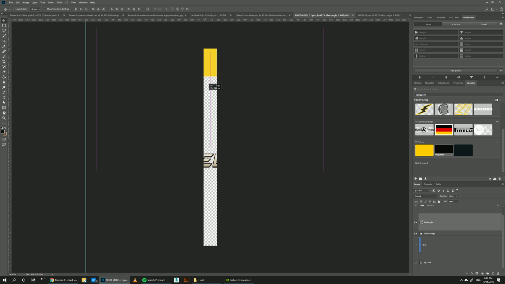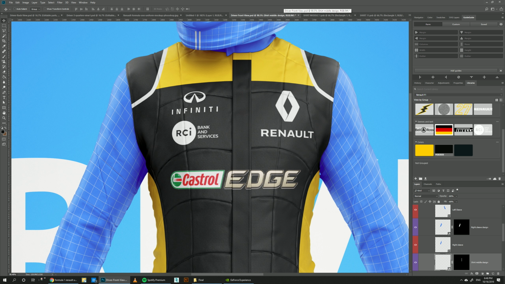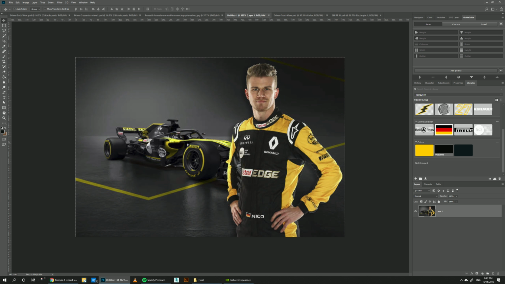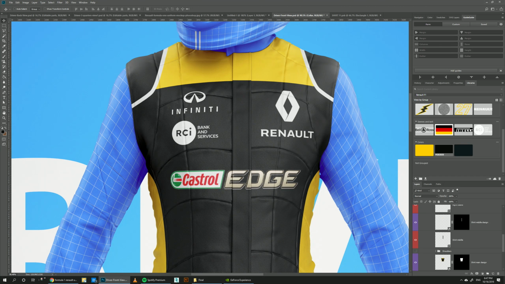Right, drag it up a little bit. Let's see around here. That's too high, so let's put it like this. Right, now we need to add the A-star logo to his shoulders, so we can just go to our design